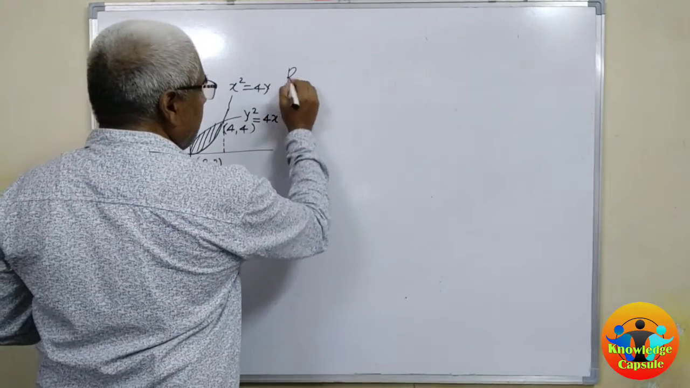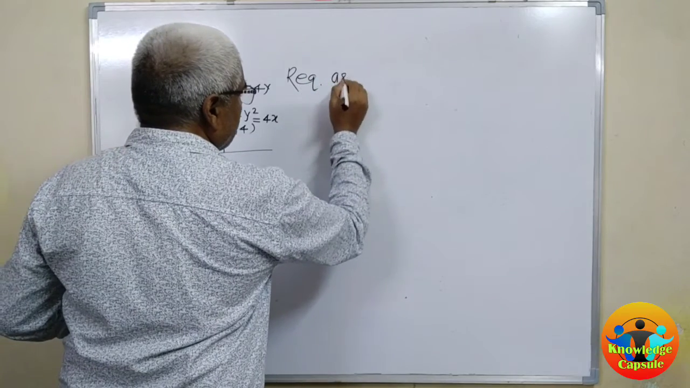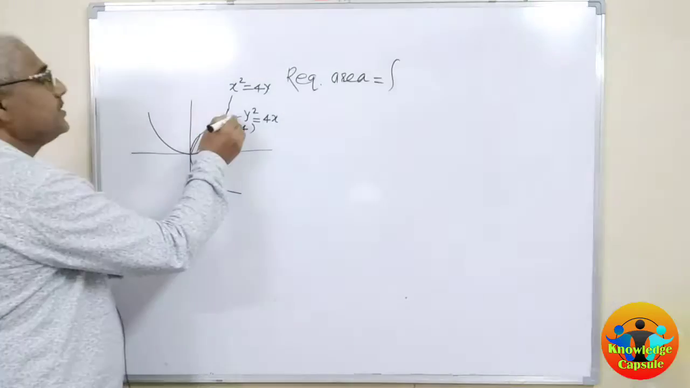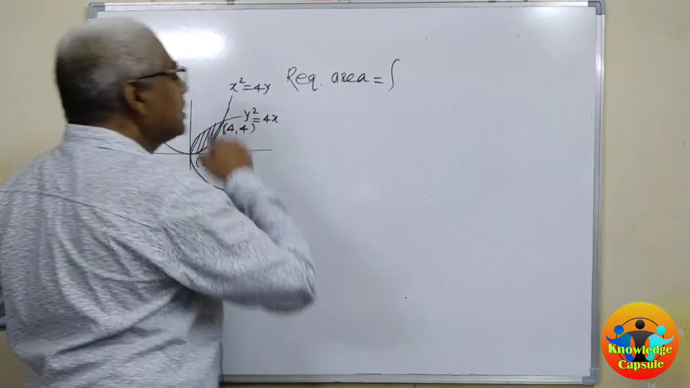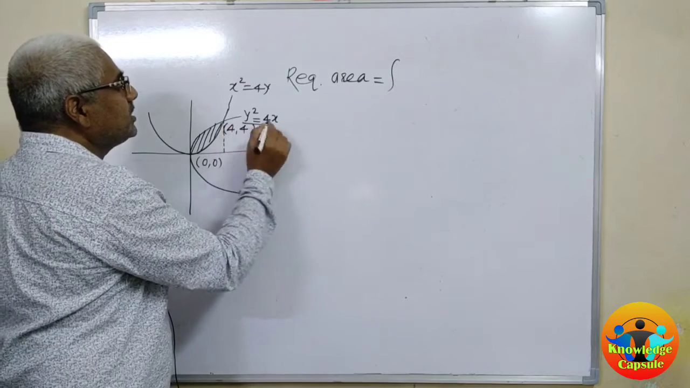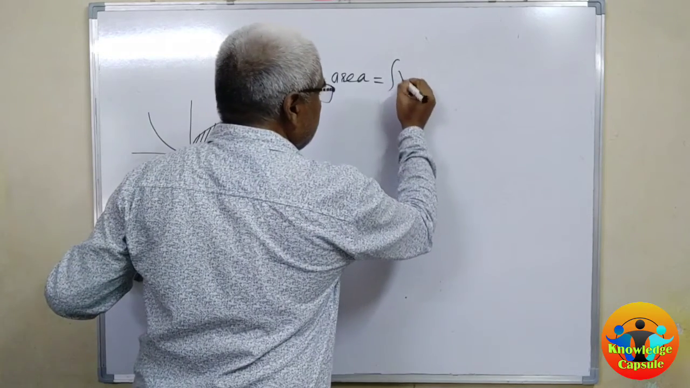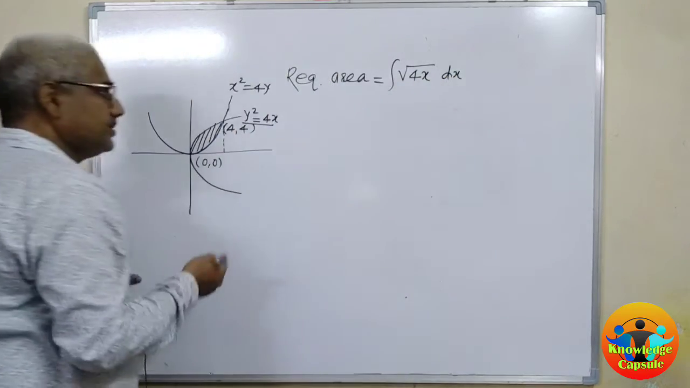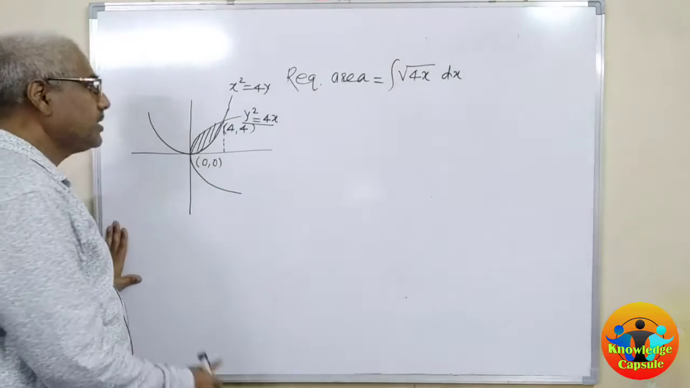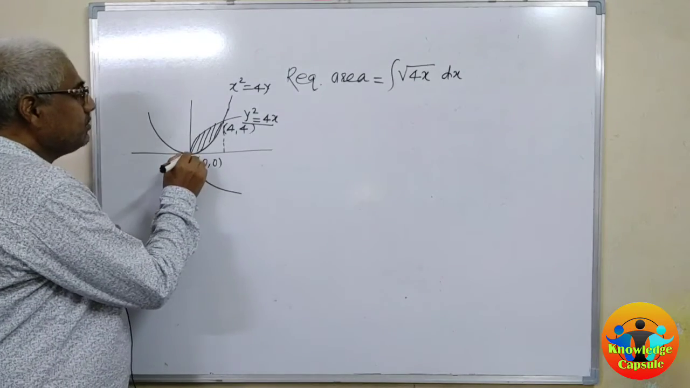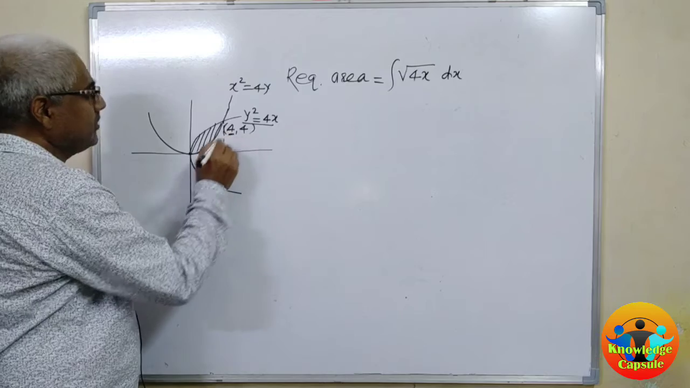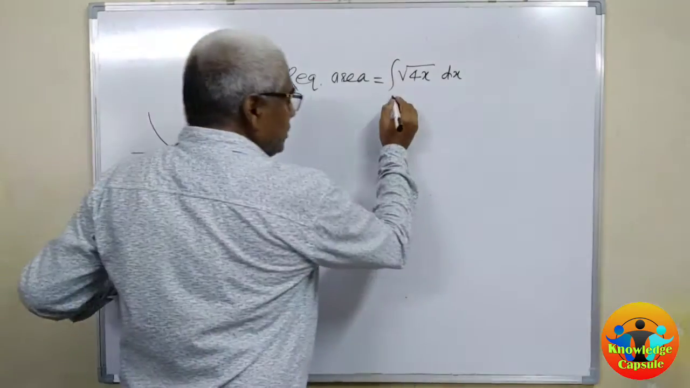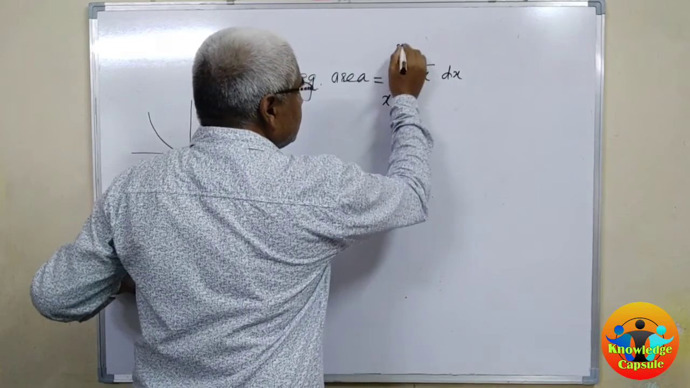Required area is equal to area under this y square is equal to 4x. You separate y from this equation, it will be root of 4x. Integrate this y value in terms of x with respect to x. The limit of x varies from 0 to 4. See, the lower limit of x is 0 and upper limit of x is 4. X is equal to 0 to x is equal to 4